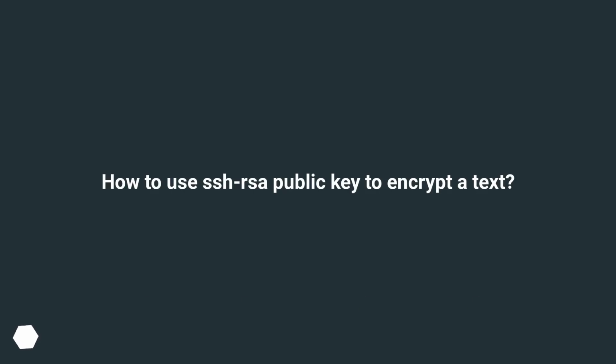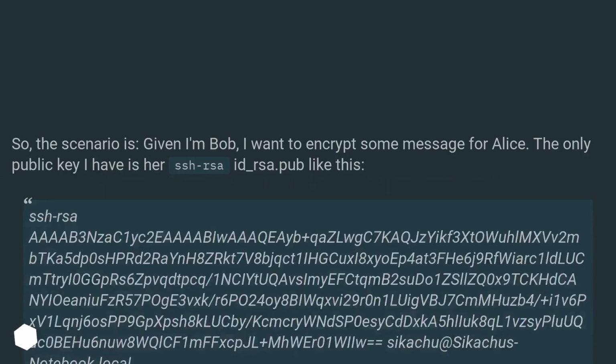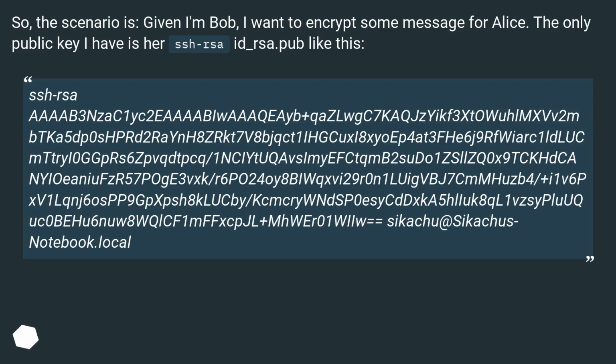How to use an ssh-rsa public key to encrypt a text. So, the scenario is, given I'm Bob, I want to encrypt some message for Alice. The only public key I have is her